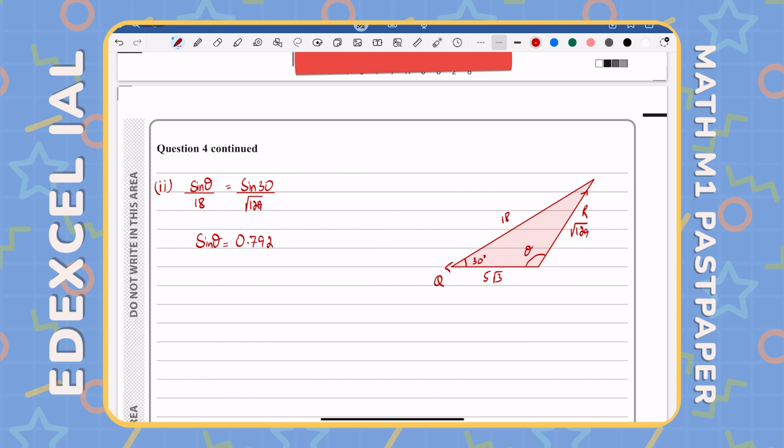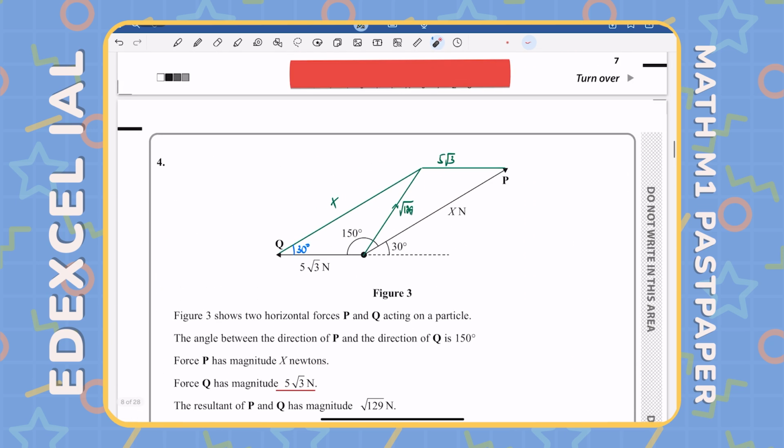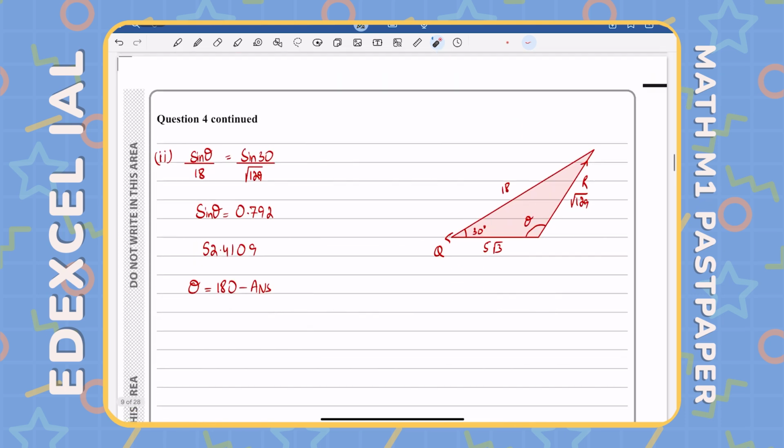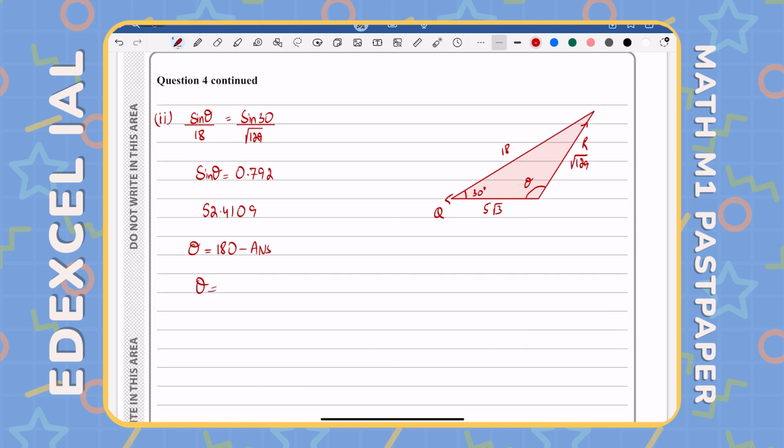We're going to take sine inverse of the answer, which gives us 52.4109, which obviously doesn't make sense because theta cannot be an acute angle, theta is an obtuse angle. So theta is equal to 180 minus the answer. In case you're wondering how I know it's an obtuse angle, remember, when we make a parallelogram, we already have one angle which is 30 degrees. This is another acute angle. So that means this angle has to be, and we can clearly see that it's going to be an obtuse angle. So the true value of theta will be equal to 180 minus 52.4109, which is equal to